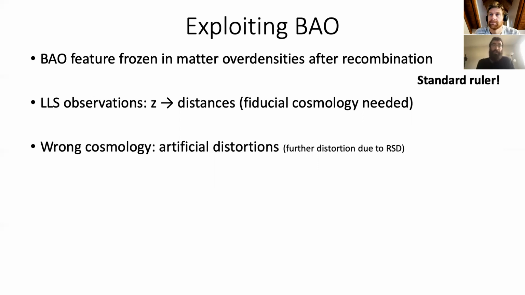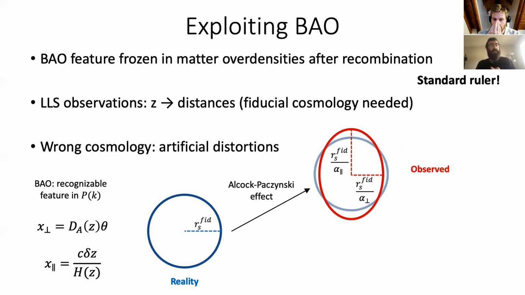And if this cosmology is not the true cosmology that we are observing in the universe, we will add artificial distortions to this clustering, and our measured power spectrum, for example, would be distorted. And these distortions are added to the standard physical distortions that come from redshift space distortions. So what we could think, here I'm going to focus only on the BAO scale in 2D,